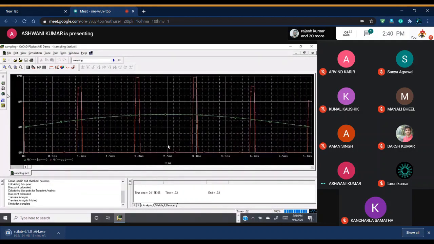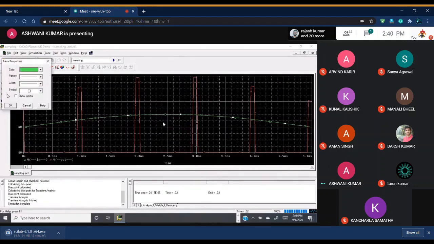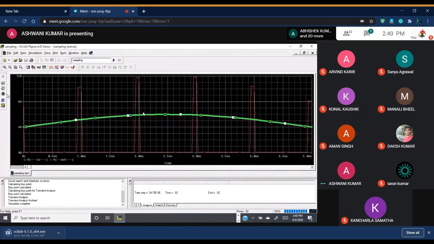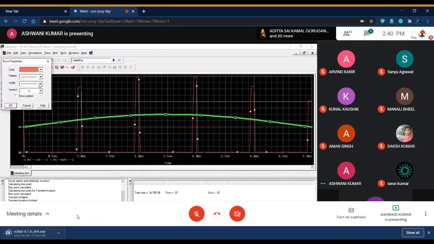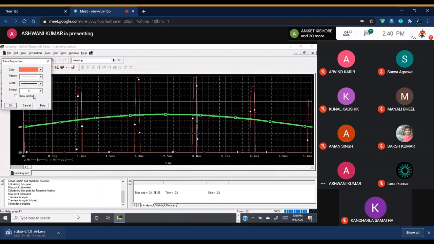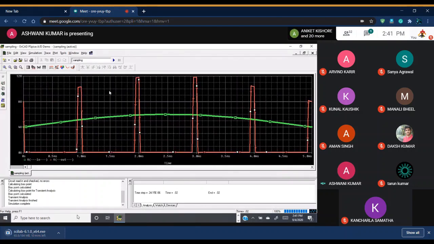The green one is your modulating signal, the message signal, which is continuous, and you are getting the pulse form.